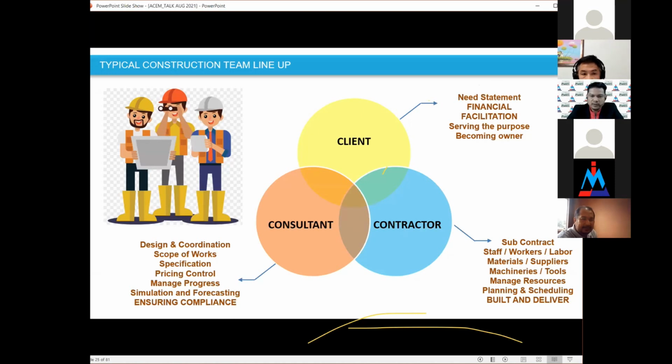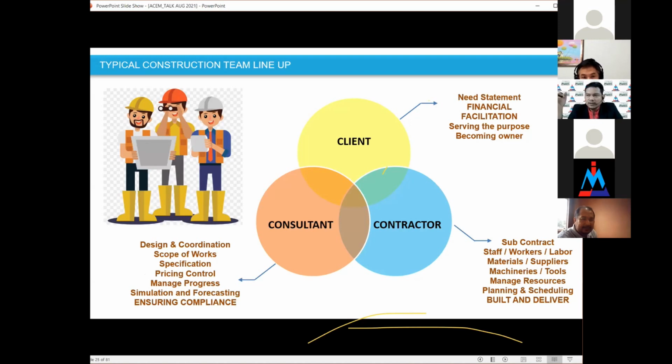But if they have the staff, workers, or labor, they will control these 4 M's: material or suppliers, machineries, monies, and manpower, tools, managing the resources. So the contractor will lead and deal with the resources, while the consultant deals with the progress. The 4 M's are material, money, manpower, and machines.